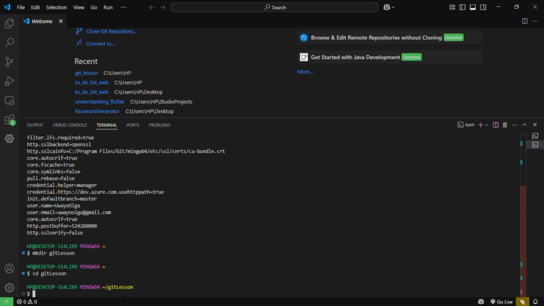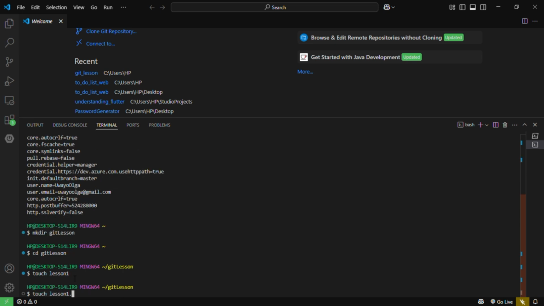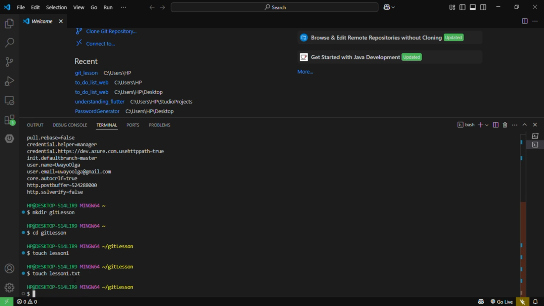By now we can also add files, because our directory is empty. We haven't added anything yet. You can create a file with .html, or if you want to create a text file, you can say .txt and enter. So now we can add some text to our file. You can either do it when you open the folder in the editor, or you can also add it on the command line. So I'm going to say echo equal Git lesson,